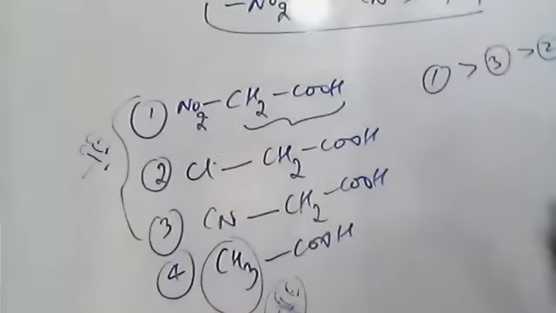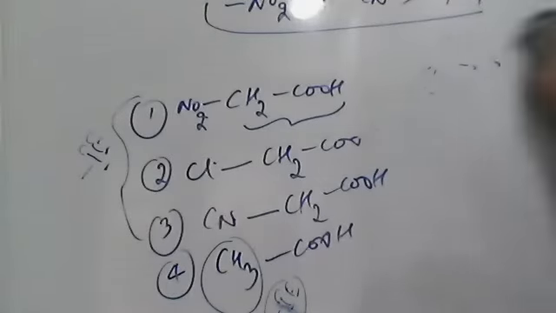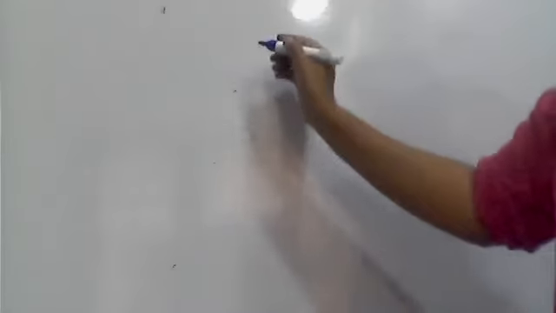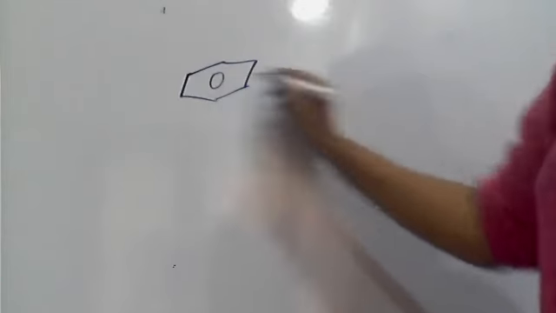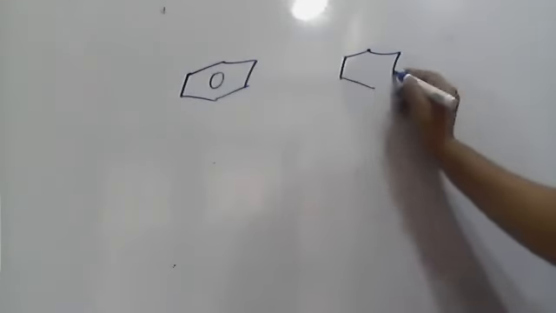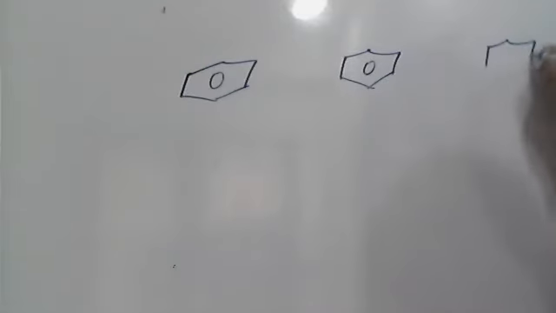And if we go for benzoic acids, here also same. Benzoic acid means aromatic carboxylic acids. So initially you have seen the aliphatic, now aromatic carboxylic acids. Benzene. So remember the order, OPM.